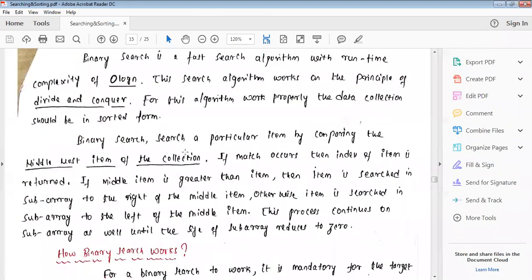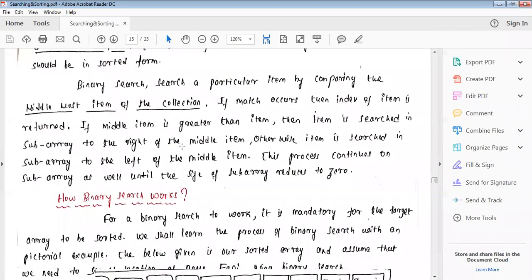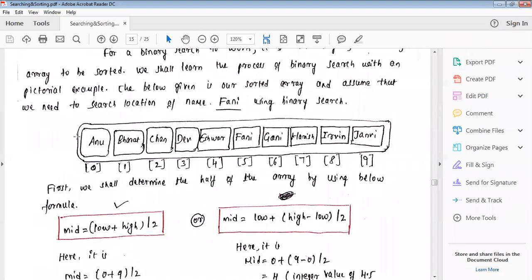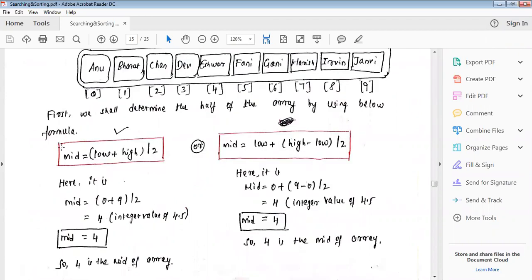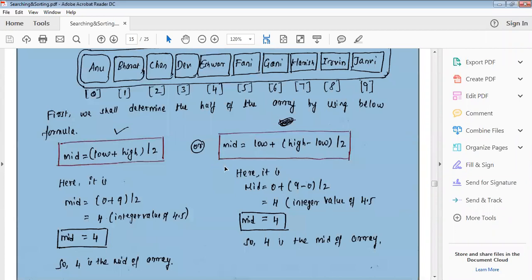Okay, so here I have written binary search. Please read this concept. You can understand. So here is the array, the array name is character. Here I have taken the character as an array, a character array, to search the name. In the above example, we searched the number. Here we are searching the name, and I have written the logic for how to search the name. You go through this logic. I have already explained it.